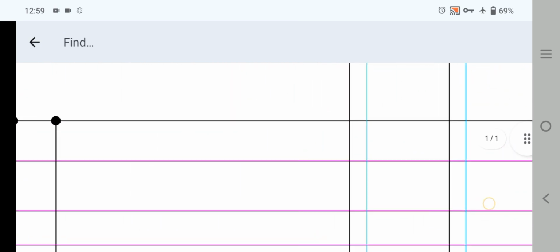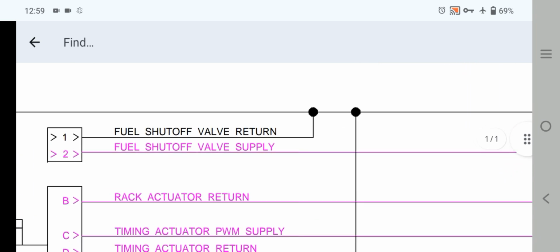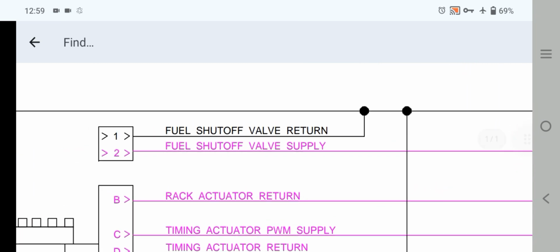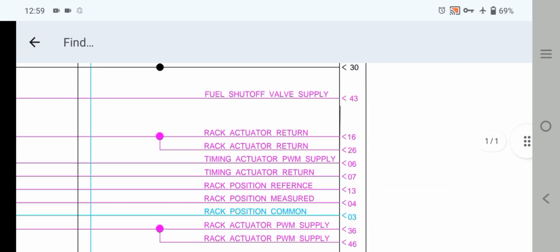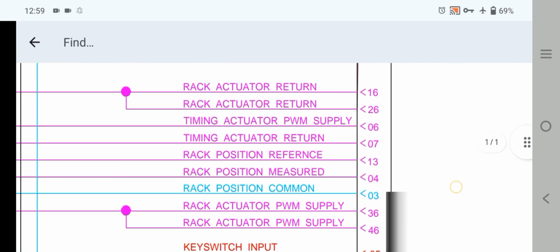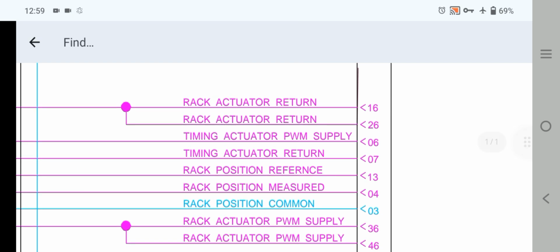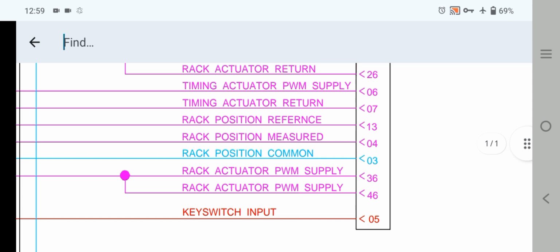This is turning on and off the fuel shutoff valve, as you can see here. Move forward. Rack position actuator return, rack actuator return, pin 16, 26, 6, 7 and 13, 4, 3, 36 and 46, and the last one is key switch input. Okay,